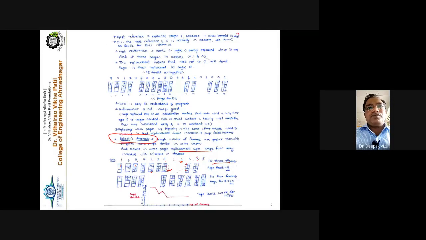For 4, a page fault occurs, and which is to be replaced here? 2 is the oldest one among 5, 3, 2. So replace that particular page, so it becomes 5, 3, 4. And for the last reference 5, there is no page fault because 5 is already available in the memory. So how many total page faults? There are 9 page faults for 3 frames. So 3 frames, and the number of page faults equals 9.